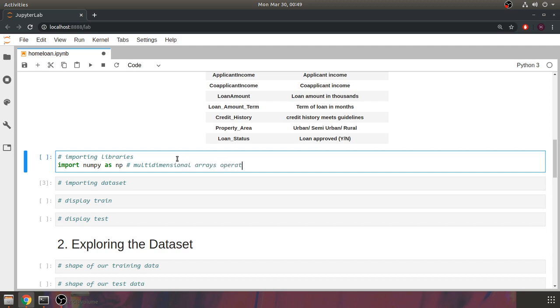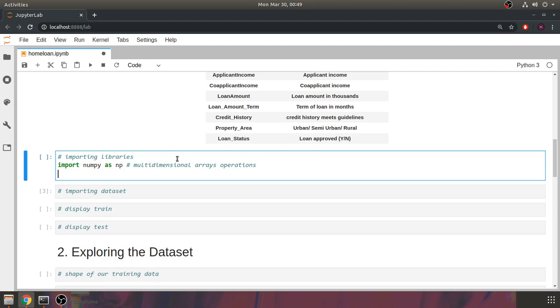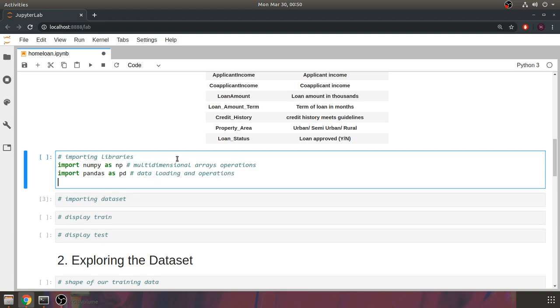For data loading and operations, we will import pandas as pd. Pandas is used for data loading and operations on our data, and we will import matplotlib